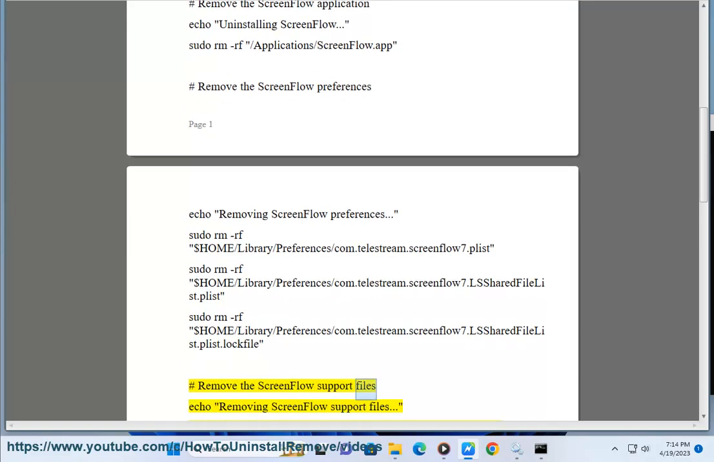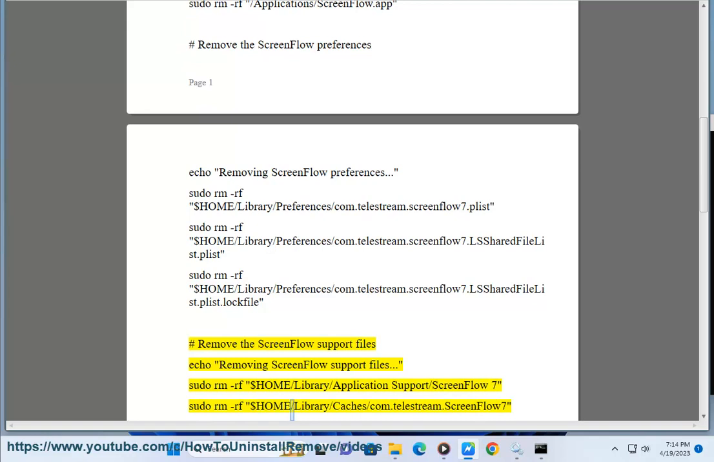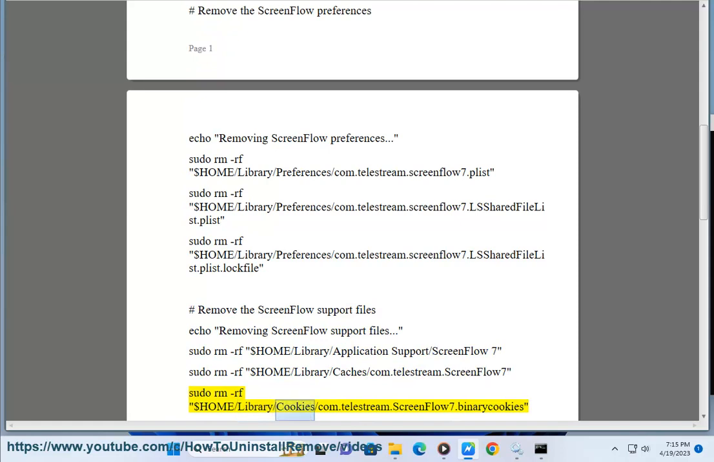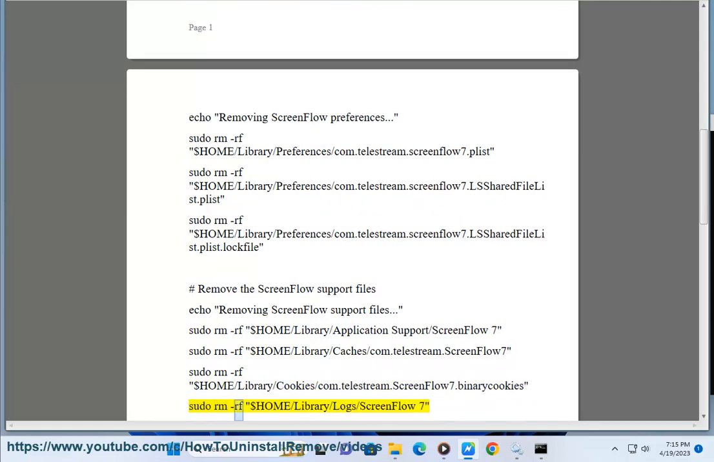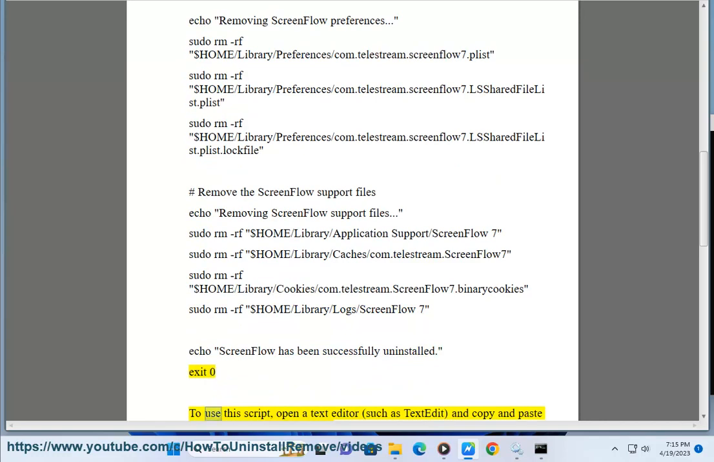# Remove the ScreenFlow support files echo "Removing ScreenFlow support files..." sudo rm -rf $HOME/Library/Application Support/ScreenFlow7 sudo rm -rf $HOME/Library/Caches/com.telestream.screenflow7 sudo rm -rf $HOME/Library/Cookies/com.telestream.screenflow7.binarycookies sudo rm -rf $HOME/Library/Logs/ScreenFlow7 echo "ScreenFlow has been successfully uninstalled." exit 0